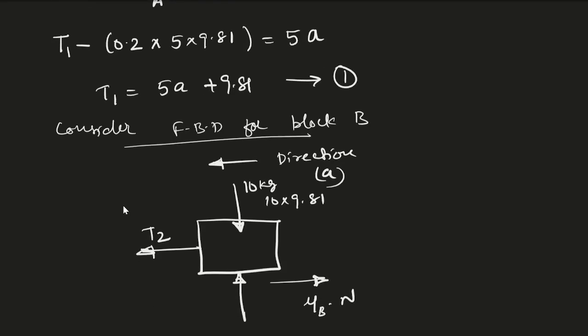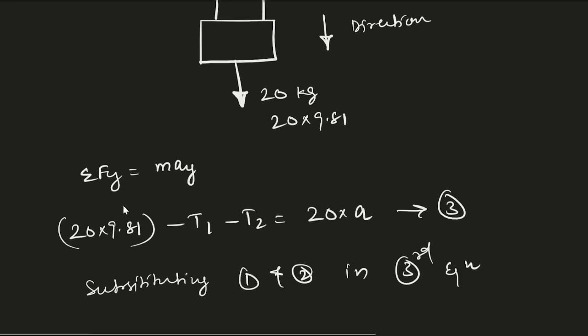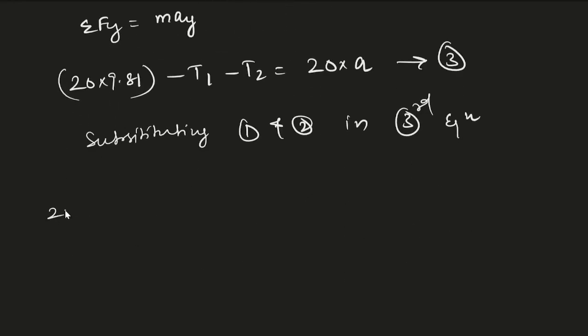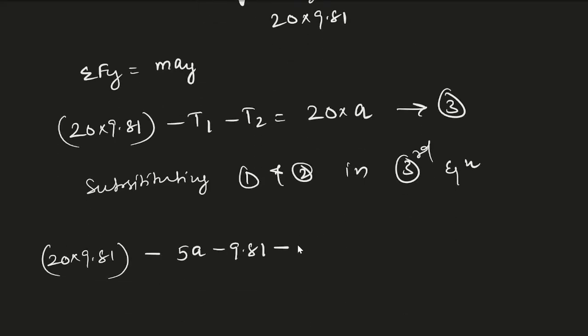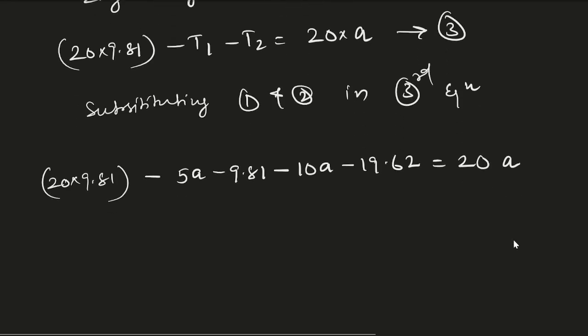T1 equals 5A plus 9.81, so 20 into 9.81 minus 5A minus 9.81, and minus T2. The equation of T2 is 10A plus 19.62, so minus 10A minus 19.62. This will be equal to 20A. If you put this in the calculator and solve the equation for x,